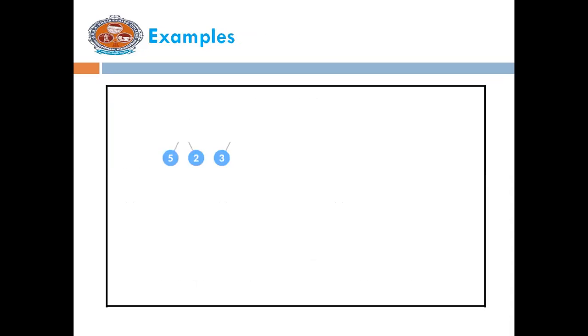Now you will see some examples. See the example here. Clearly it satisfies the structure property but doesn't satisfy the heap order property, because here node 1 is less than its children, but now see this node 8, it is greater than the key value in its children. It doesn't satisfy the heap order property. So this only satisfies the structure property.